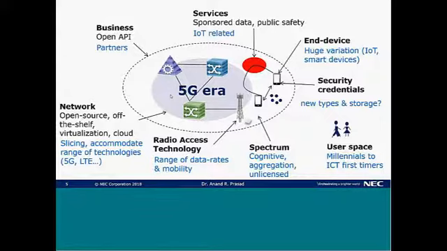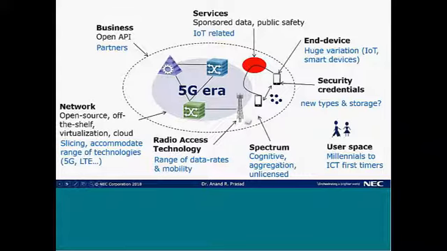If we look at the business part, we are seeing more and more partnerships and more partners coming into play, which is important for the future business as we talk about IoT and different kinds of services that will come to play in mobile networks. We have to talk about flexibility in the network side, be it the radio or the core network side. For that reason, we get into different kinds of solutions which are virtualized, which are cloud-based, and then we have to provide different kinds of data rates.